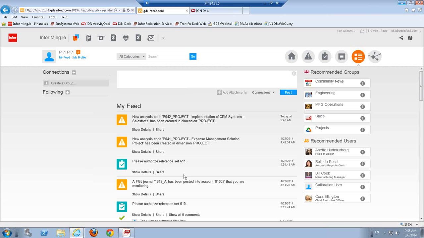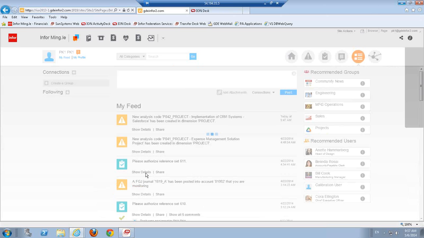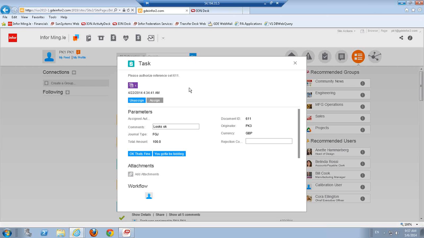So if we create a journal with some authorization on it, what would happen is that journal will get submitted, but it's not actually going to be posted in SunSystems until it's been authorized. What happens is that ION pushes that authorization set out for authorization. So in this case, it would come to somebody within Mingle, or on a mobile device. They can look at that task that gets generated by Infor ION. Again, we can configure the parameters, so we can configure fields where they can maybe enter a comment, put in some additional